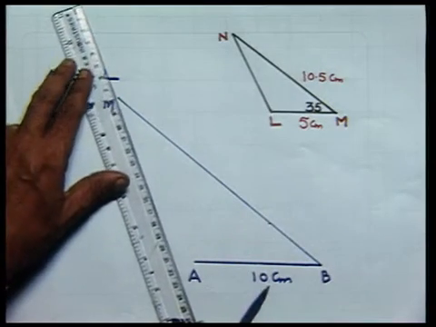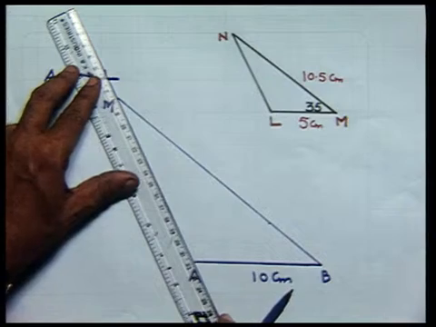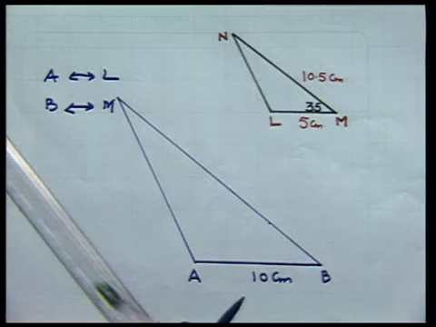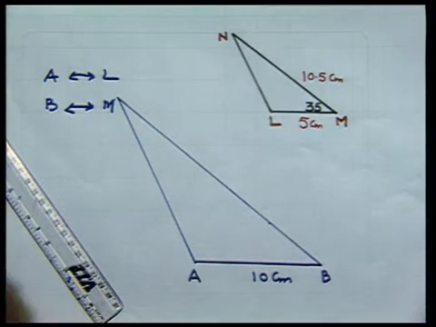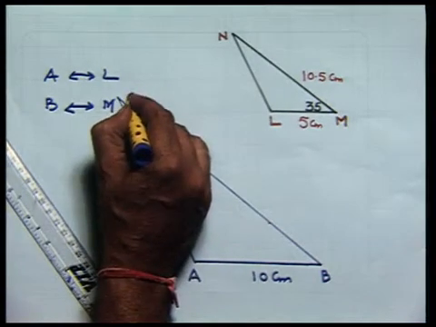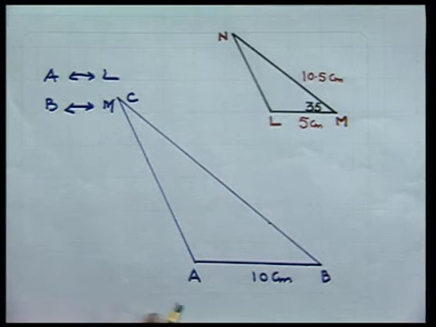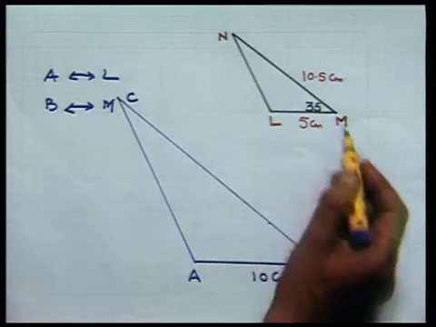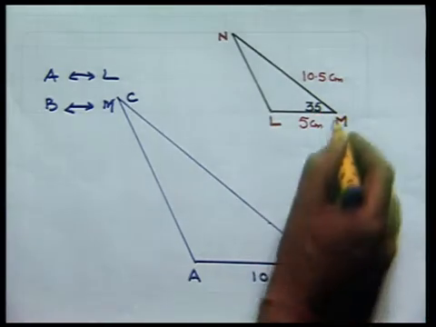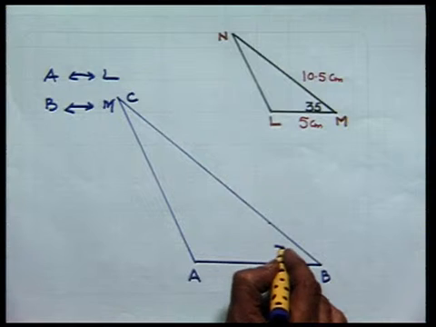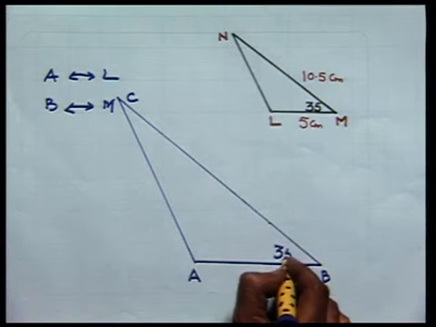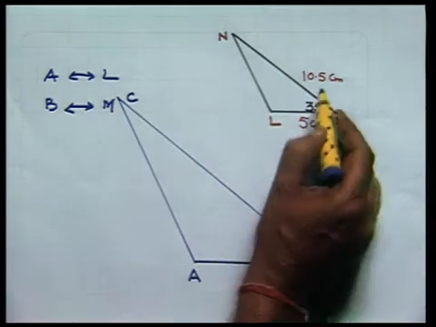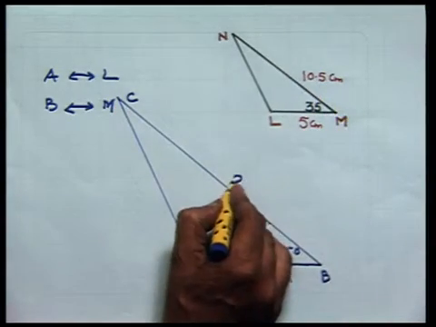And then I join this point and we get a new triangle named as ABC. Now, remember once again that in this one I took AB twice of LM, and this angle at M is 35 degrees. I constructed this angle as also 35 degrees, and the side BC I have taken twice of 10.5, that is 21